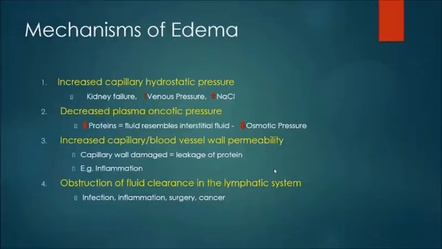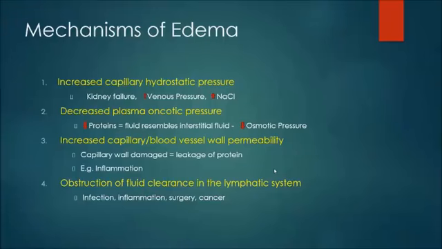Number two is when you have a decrease in plasma proteins. So what happens is there's a decrease in the number of proteins in the fluid, and this starts to resemble the interstitial fluid. And when you have a decrease in osmotic pressure, the fluid is leaking out and not being taken into the capillaries. So number three is increased capillary blood vessel wall permeability, and that happens due to capillary damage, and you